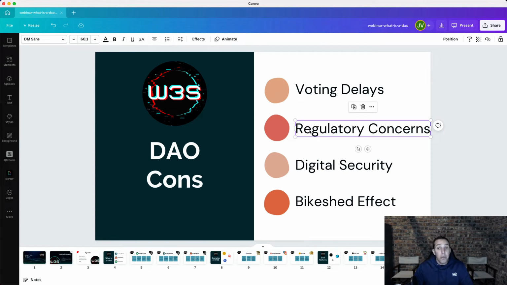So there are also regulatory concerns. When it comes to government and the people that control the legalities and the taxes around organizations or corporations, a DAO is not even considered a corporation as far as they're concerned. So there's a lot of legalities and big question marks and a lot of gray areas when it comes to a DAO. So you've got to have proper terms and conditions put in place when people join your DAO, to not only protect yourself, but offer a certain level of protection to everyone else when they do become a member.